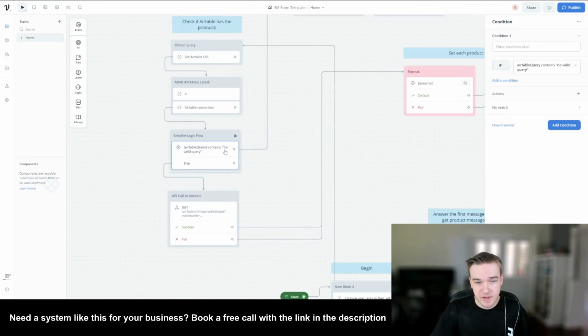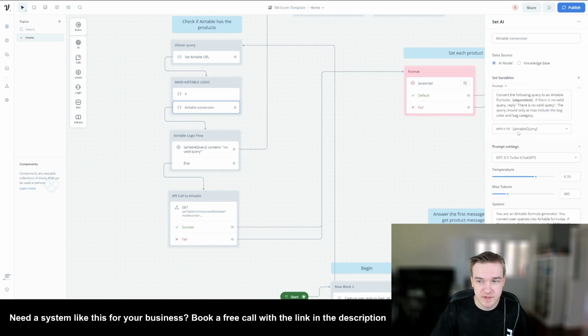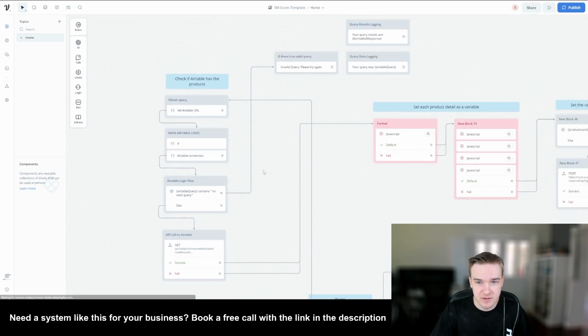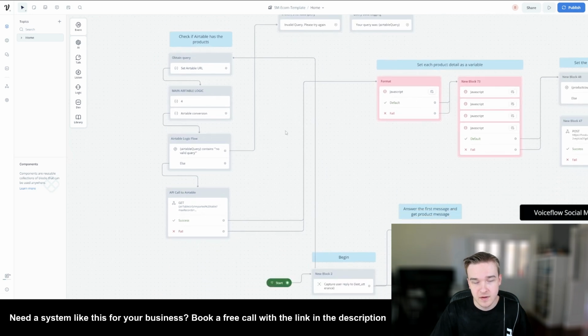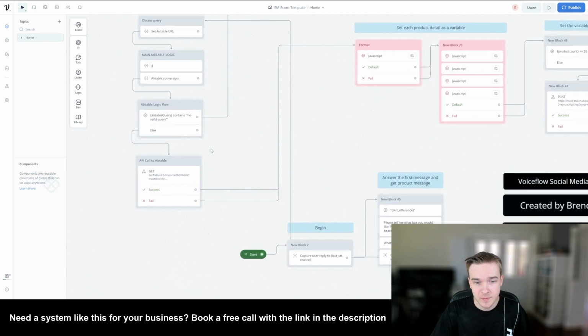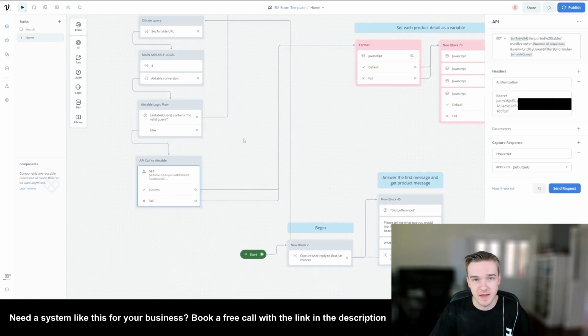It's then going to move to an Airtable logic flow where it says no valid query. The reason that's set up is because we've prompted it to say, if there's no valid query, say there's no valid query, just to make sure we're not making any incorrect queries to Airtable with the wrong products. And if that's the case, it's just going to run into an error. That shouldn't happen though. Once it hits the else, it will continue going, where we're actually making that Airtable API